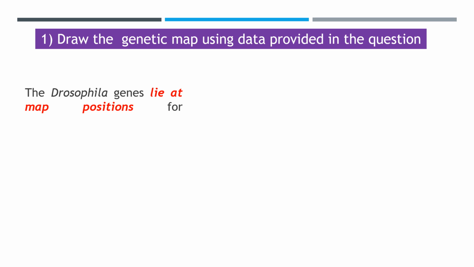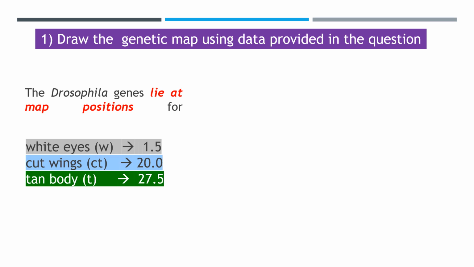So let's start with the first step, that is drawing the genetic map. They already give us these 3 genes, and these 3 genes have a specific location in the chromosome. So what we need to do is draw a chromosome. And here you can see the point number 0, so the initial section of the chromosome. Generally, when we were making maps, they gave us pieces of the chromosome where we didn't know which gene was first or which one was last. Here they actually did the job and gave us already the map, and they told us that